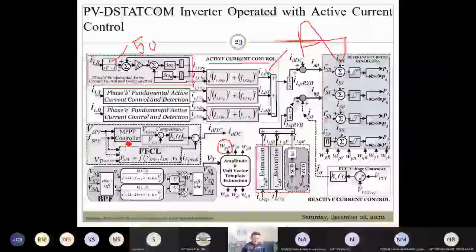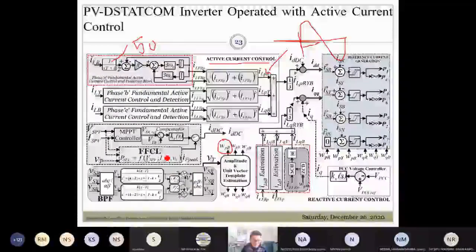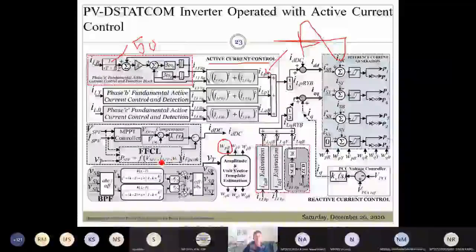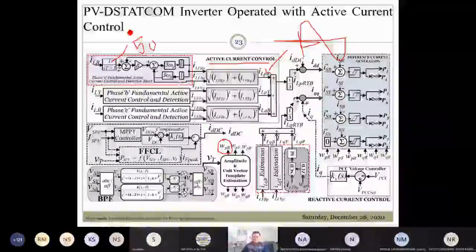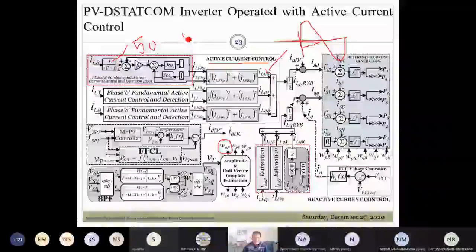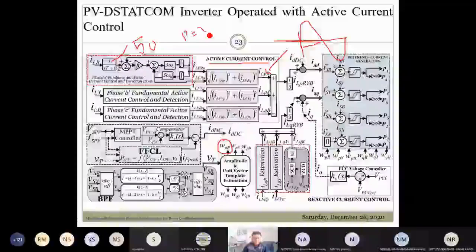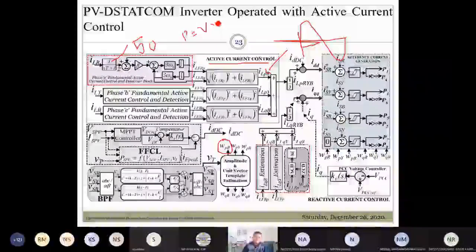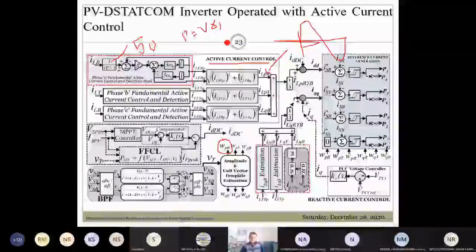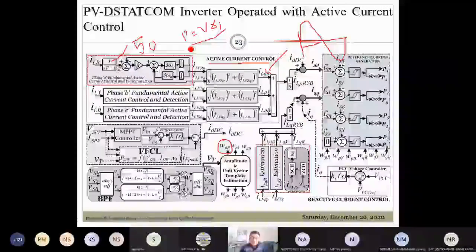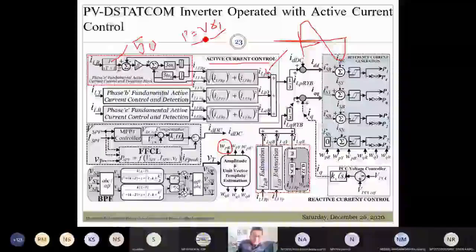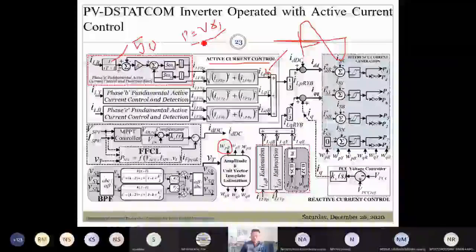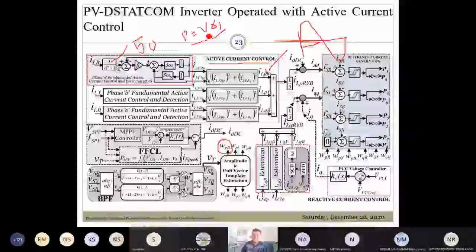Here, to counter the non-linearity introduced by the PV array. So why is this PV array non-linear? See, if you look at this expression, power is a product of voltage and current. This fact makes the PV array behave as a non-linear device. The moment I say non-linear, it means the solar insolation and temperature frequently vary, and as a result, the power output is a function of solar insolation and temperature.